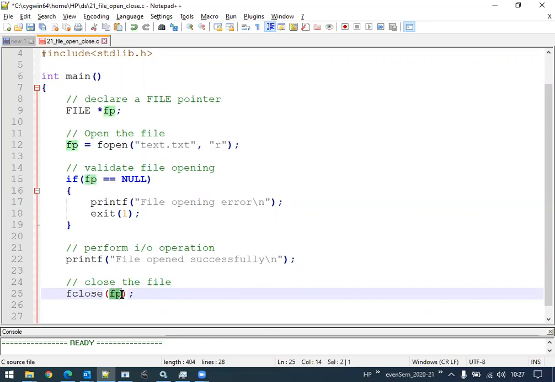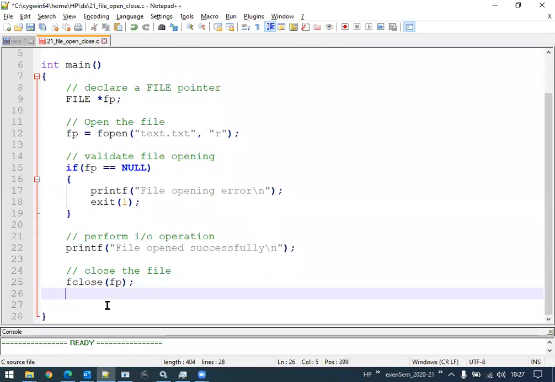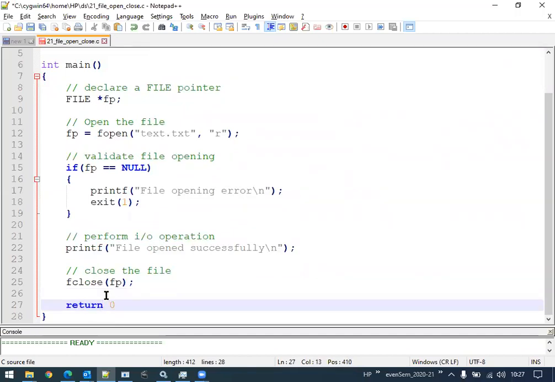That mediator was fp. This statement establishes the connection, and this particular statement breaks that connection. Now the file is not connected to the program and it has been closed. The last statement will be return 0. Understood, students? Very simple statements I have written here for demonstration purposes.